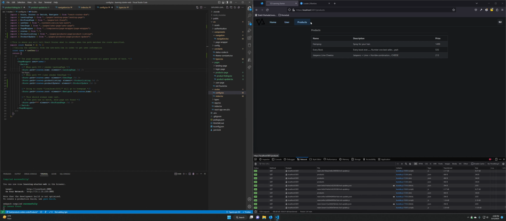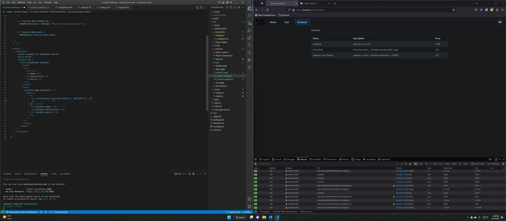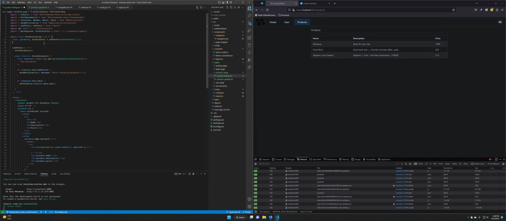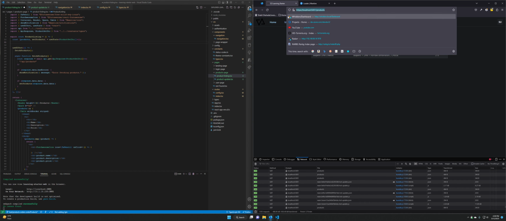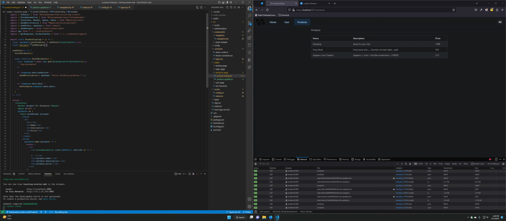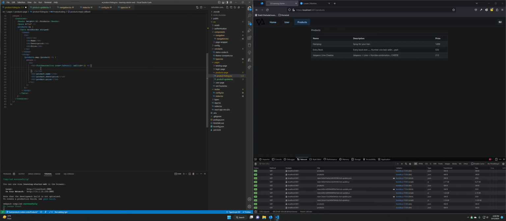I don't necessarily want to add a button up here for product update because we don't know which product we're going to update if it's just sitting there at the top. So the way we get around that is on our listing page, we do this icon, onClick, all that fun stuff. And then we're going to use a hook from React Router DOM, which is what controls what page shows up whenever we go to a specific route. That's React Router handling that. So we're going to say const navigate equals useNavigate. This is their hook. You can see from React Router DOM. And all we'll do is onClick, we'll navigate